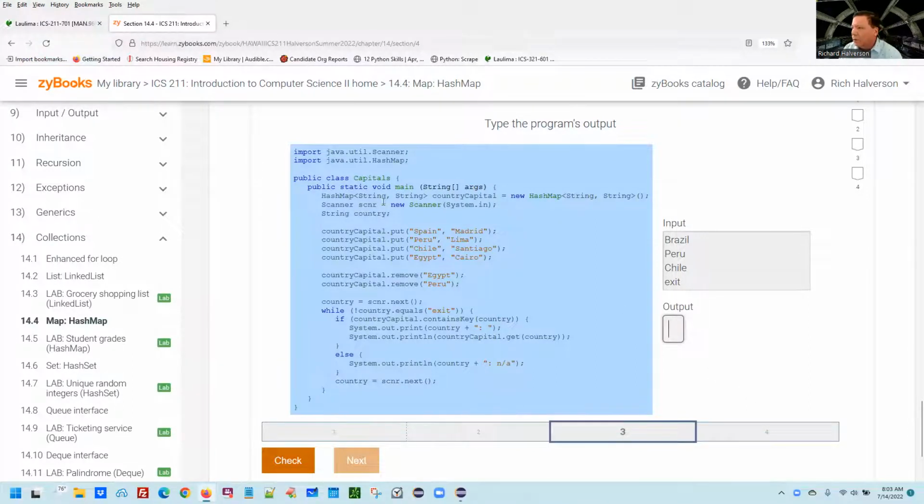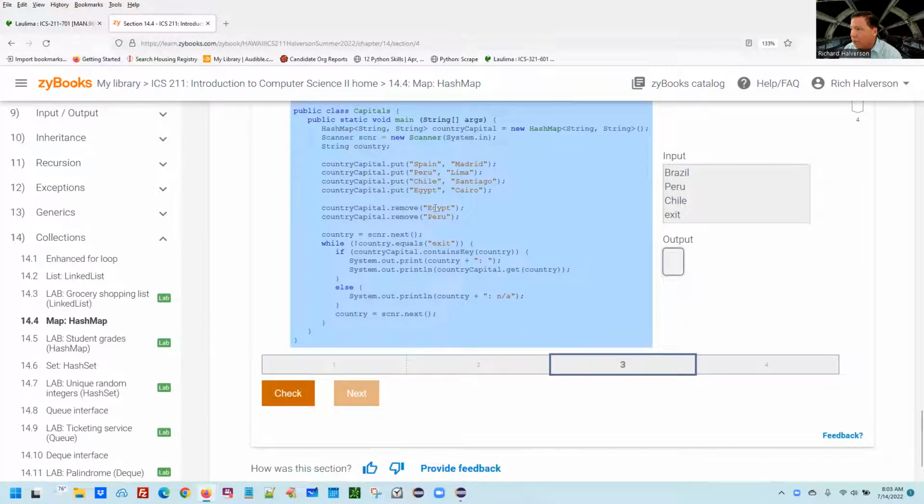So we create a new instance of a hash map calling it country capital, and then we're going to use a scanner, and we're going to put Spain. These are the capitals of these countries, and then we're going to remove Egypt and remove Peru, and then we're going to read in a country, and unless